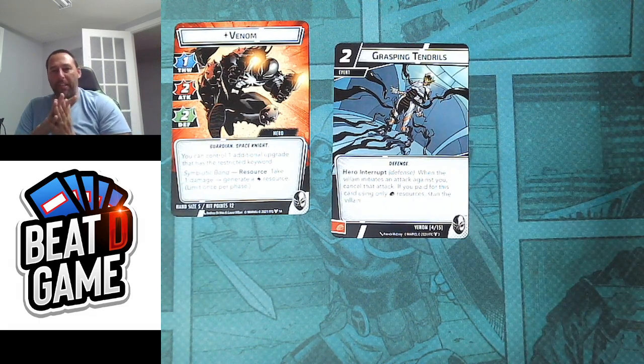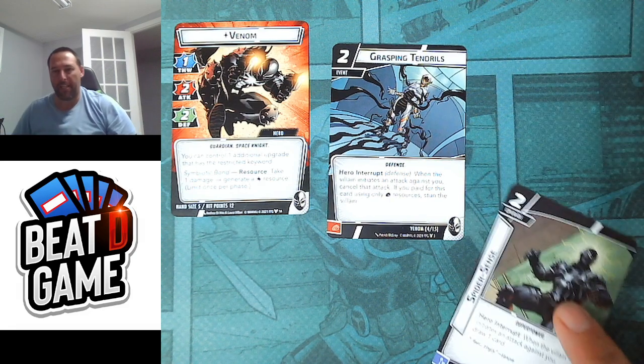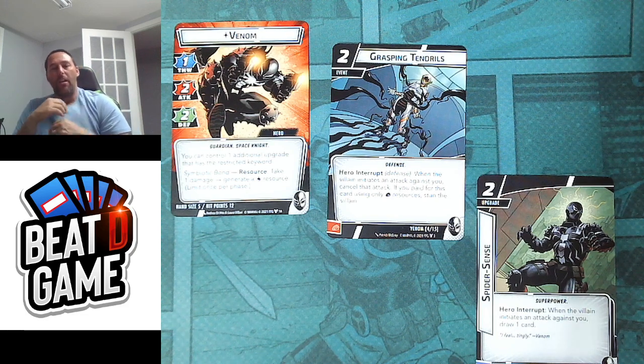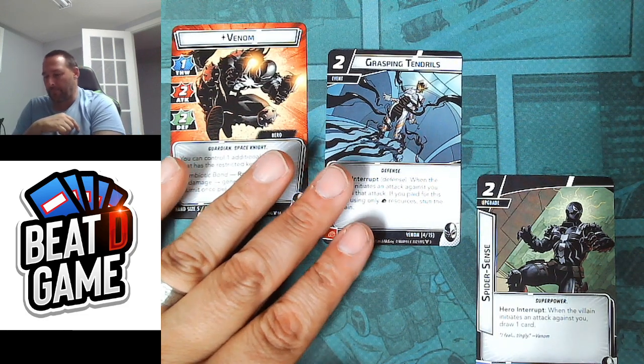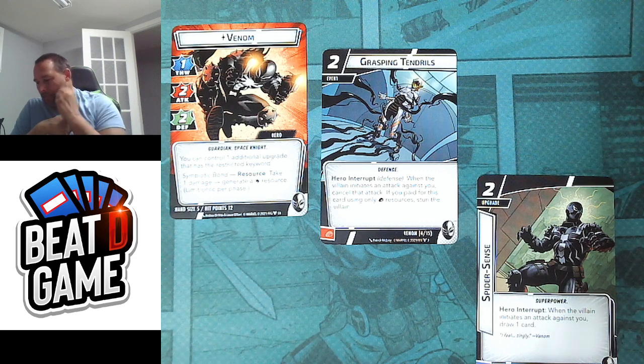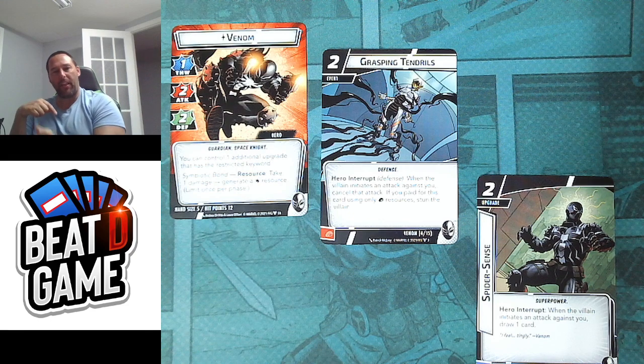It is Grasping Tendrils, and this is where I made the mistake. It's going to be the interaction with SpiderSense. All right, so this was my reasoning for this card. It says Grasping Tendrils, 2 cost event, defense card, Hero Interrupt. When the villain initiates an attack against you, cancel that attack. And if you paid for this card using only physical resources, stun the villain. So you see why it feels like the attack should have been the physical and the lightning should be the...